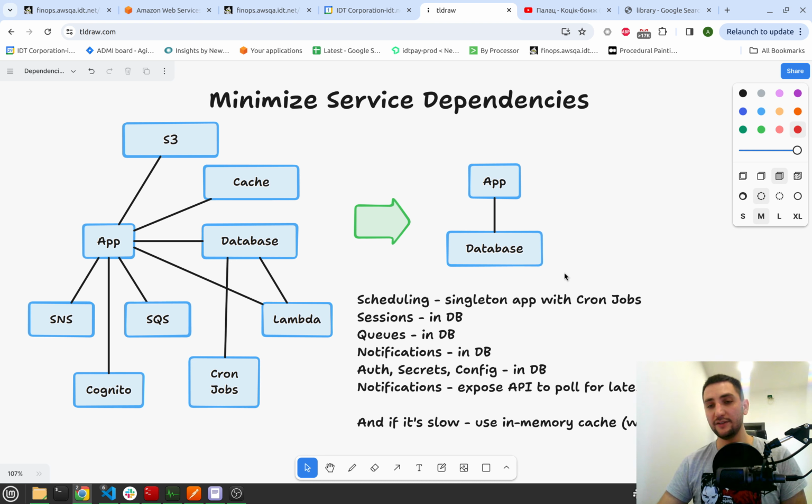So every dependency really slows you down when you're doing release cycles or initial product development. Each dependency is a problem for you, and you want to get rid of it. Even if your solution is not optimal with just a database, as long as it is on an acceptable level, it's